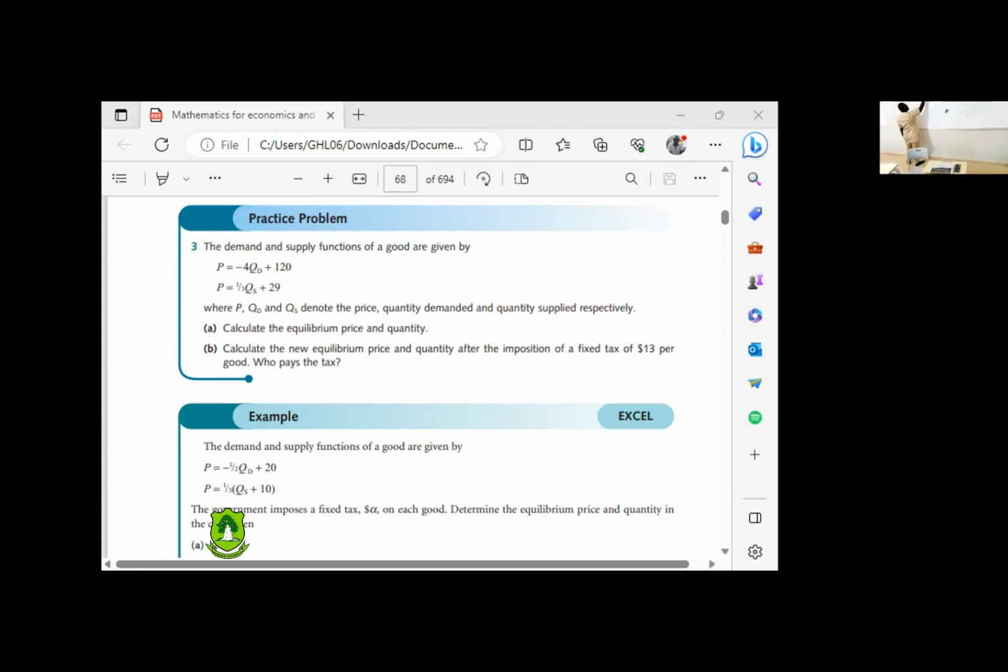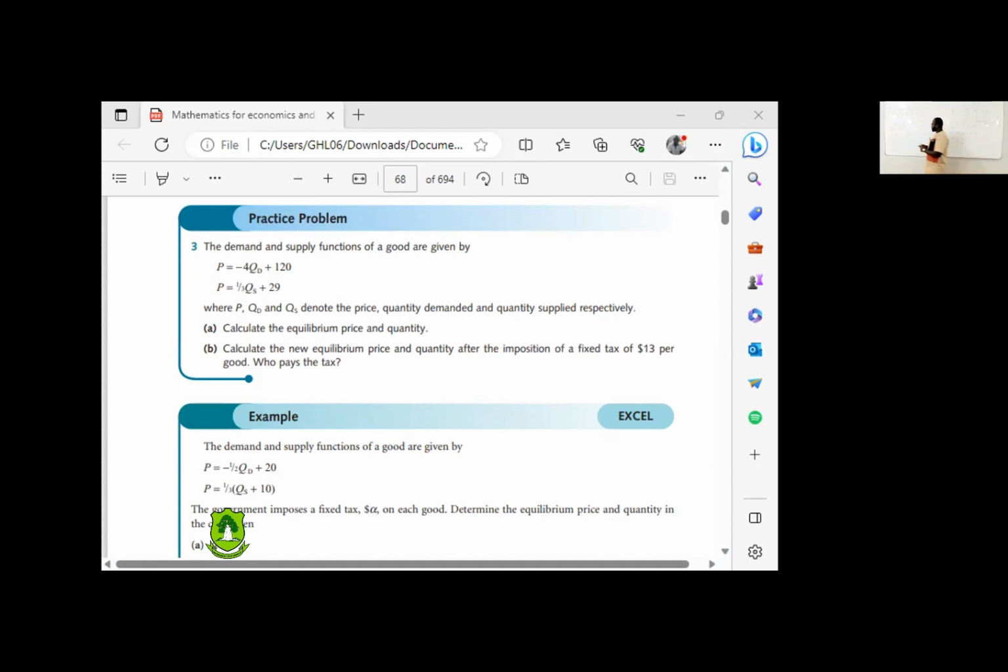we are still looking at demand here. We are still looking at supply here. But after the tax imposition, our new supply curve, because the tax will affect the supply, okay? Which means that our new supply curve, which is P minus tax, is equal to 1/3 QS plus 29. So this will be the new supply,